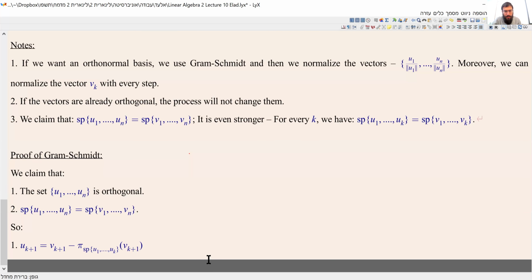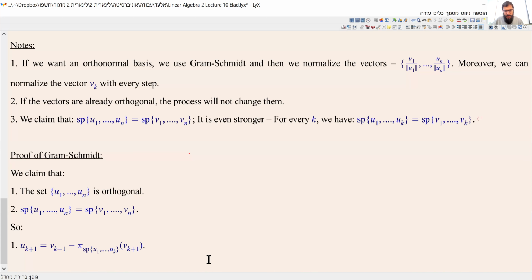This is u_{k+1}. We can think of this as, again, proved by induction if you want, but you don't need to write it down that way. We need to show why u_{k+1} is... you know what? Let's write it down explicitly. First of all, u2